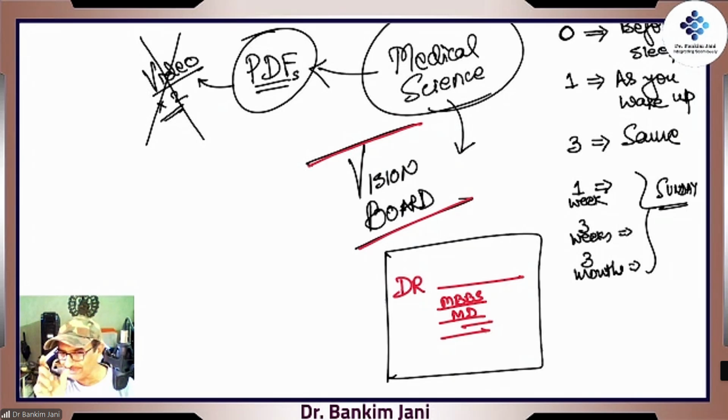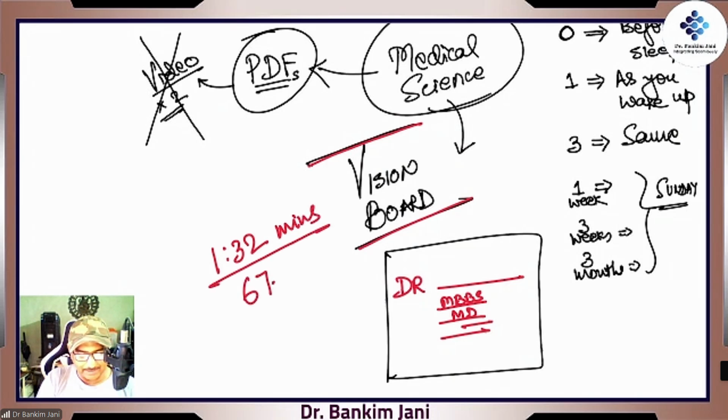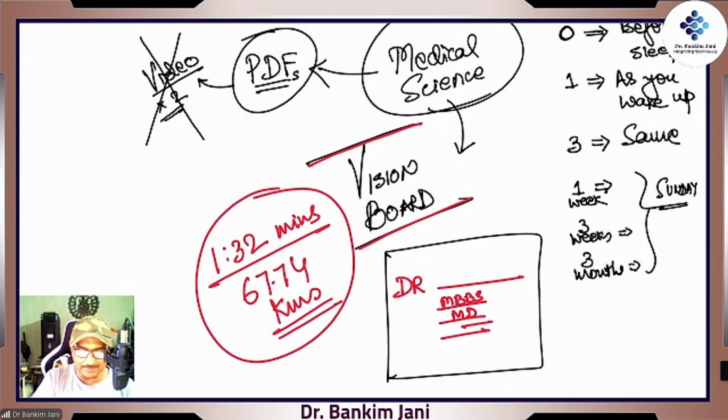I'll share that small video. I'll put it into our shared folder. In 1 hour 32 minutes, 67.74 kilometers of cycling. I was drained, my condition was terrible. But I then took a video of this as I was completing, because it is necessary to build up the endurance. So it was added into the vision board. So keep on adding into that vision board. I just added, yeah, cycling, the next target is 100 kilometers.